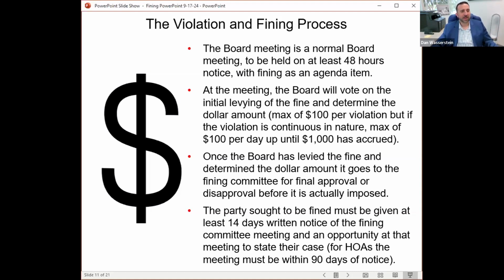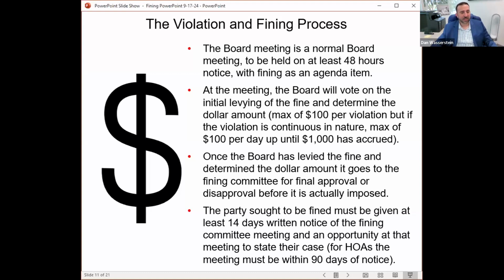One of the questions we get is, well, do we have to have a board meeting if we already have what I call a menu of charges, that if you don't paint your house, it's $100 a day. If you leave the trash out too long, it's $25 a day. Some boards will say, if we already have that defined, do we still have to have the meeting? The answer is absolutely yes, you have to have the meeting. While that list of charges helps you to uniformly fine people so that different people aren't getting fined different amounts for the same issue, it does not substitute for the board meeting.